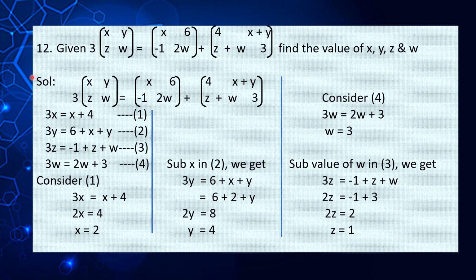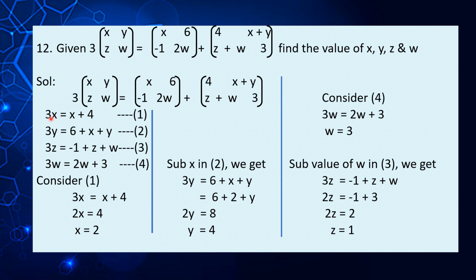12th question. Given 3 into [x, y; z, w] is equal to [x, 6; -1, 2w] plus [4, x plus y; z plus w, 3]. Find the value of x, y, z and w. Now first write the given equation as per the question, and from the given equation we will find out four